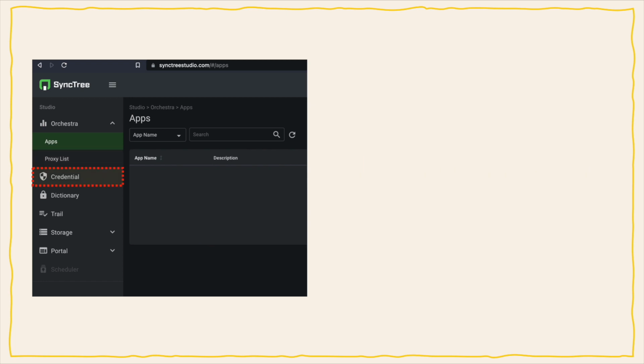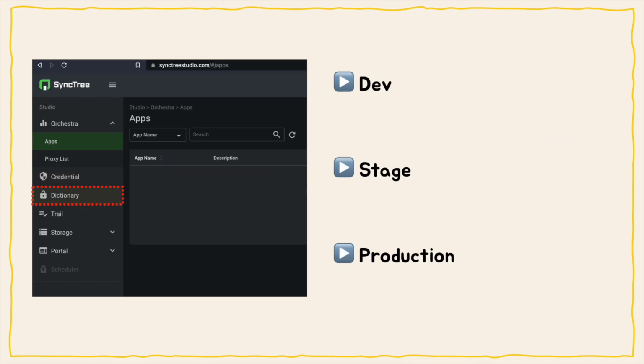The credential is the function to generate and manage authentication key values that can only be called by users who have passed a particular API. API access can be managed by issuing different credential keys for each user and app.